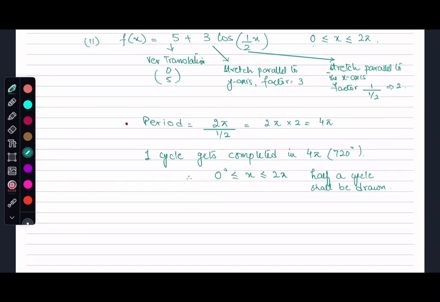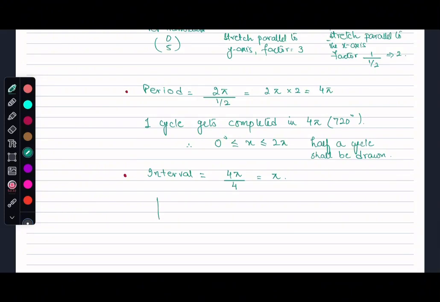So to get the interval, what we know is that one cosine cycle gets completed in 4 quadrants. So this means that for this cycle that we have, if it is taking 4 pi, then it should get divided by 4, 4 representing the 4 quadrants, and then this interval needs to be a pi,